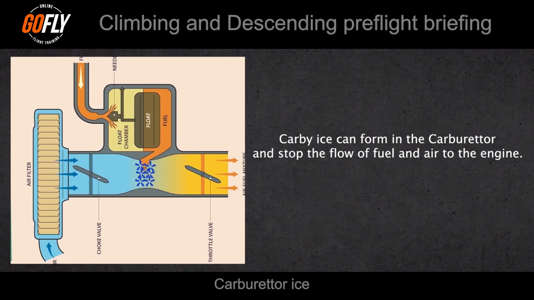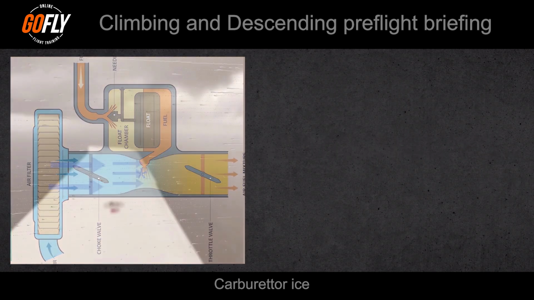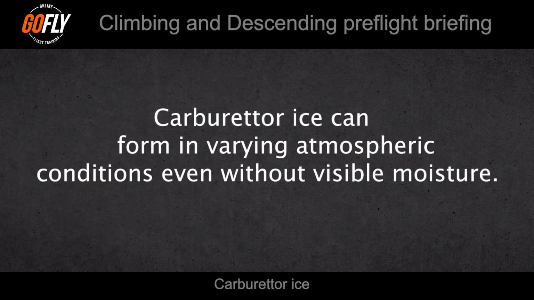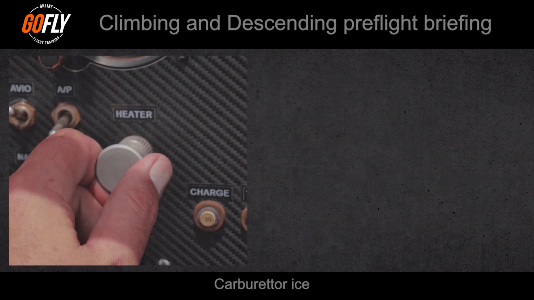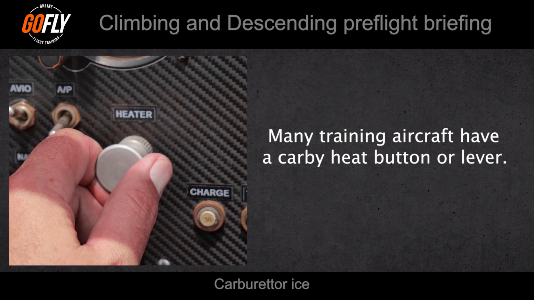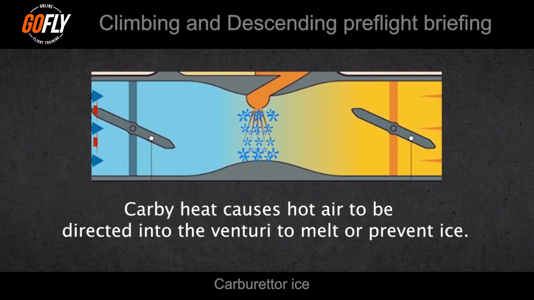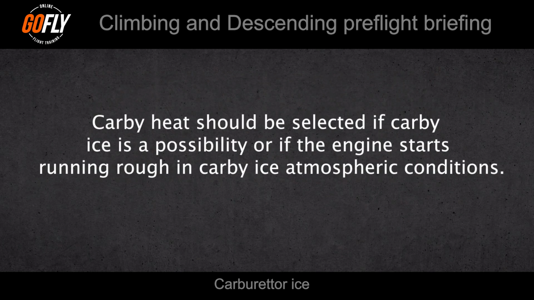and stop the flow of fuel and air to the engines. Usually descending through moist, cool air at low RPM is when carbi-ice can form. However, carbi-ice can form in many varying conditions even without visible moisture. Most aircraft have a carbi heat lever or button. When this is selected, it induces hot air into the carburetor to either melt ice or avoid ice from forming. The carbi heat should be selected if carbi ice is a possibility or the engine starts running rough in carbi